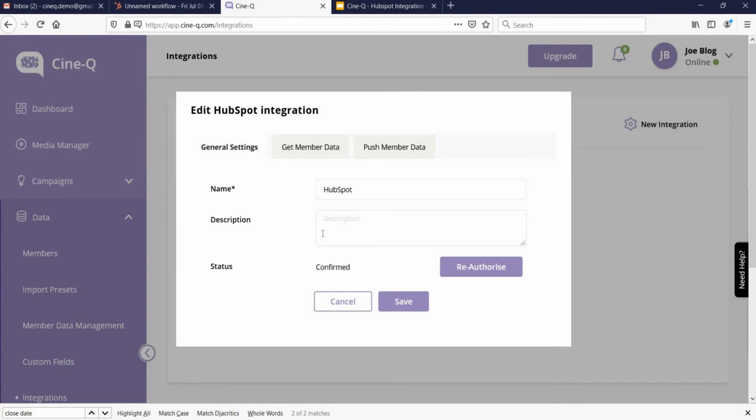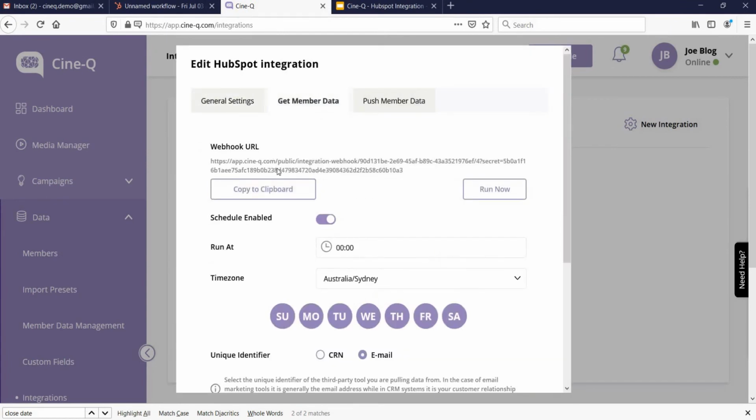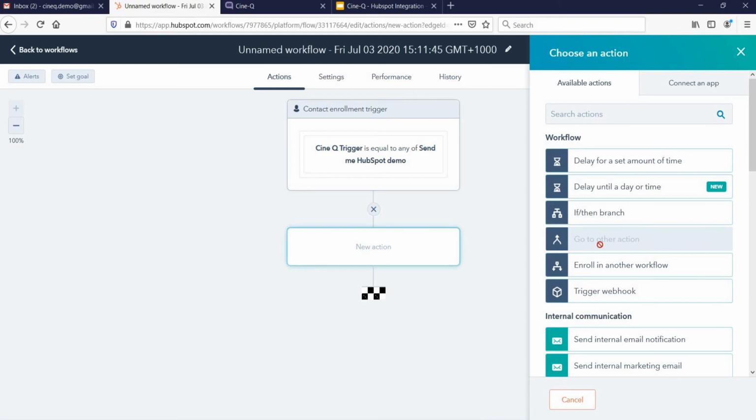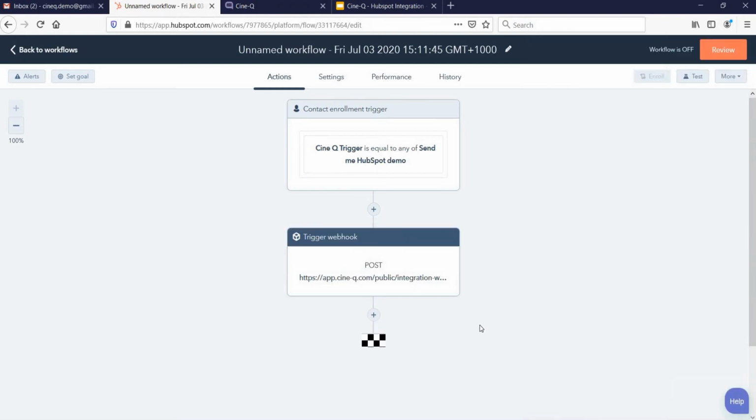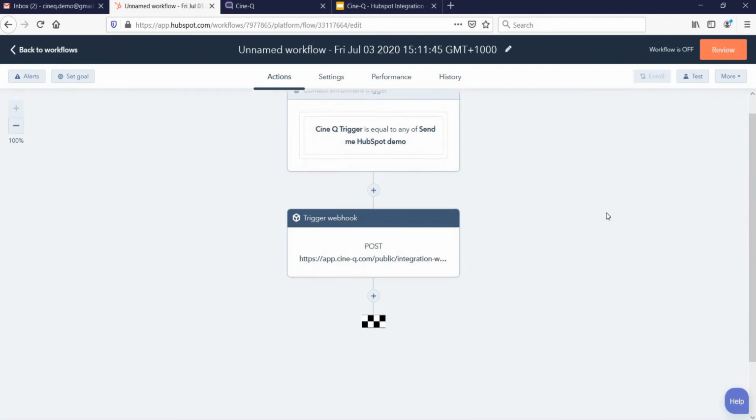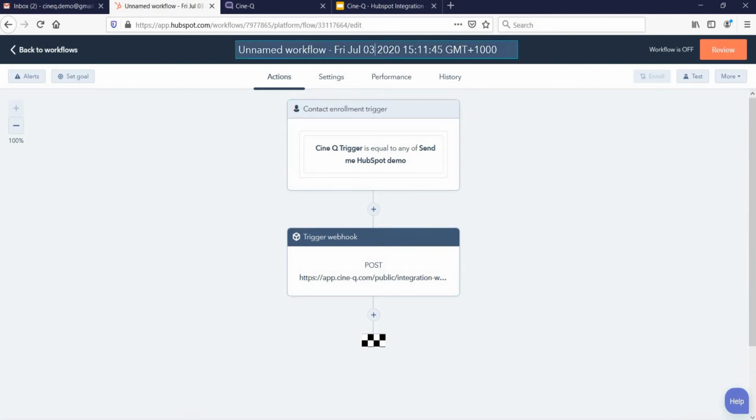And because this integration has already been set up, the webhook is now available. So let's just click on copy to clipboard, go back to HubSpot, new action, and trigger webhook. It can be a post, that's fine, and then we just paste the webhook URL into the field available. And basically we just need to name this. Let's call it trigger Cine-Q campaign,